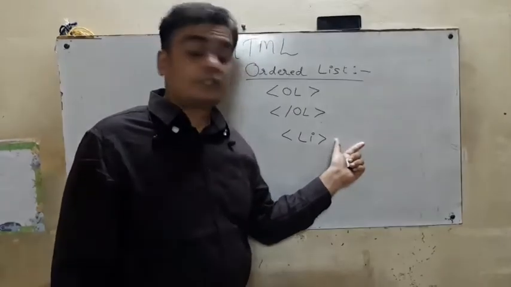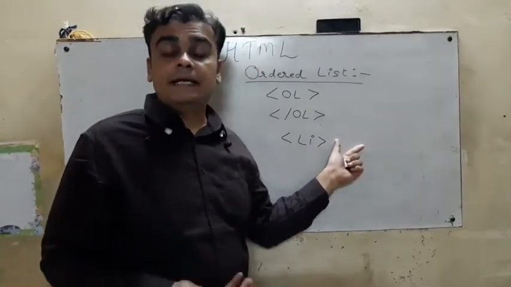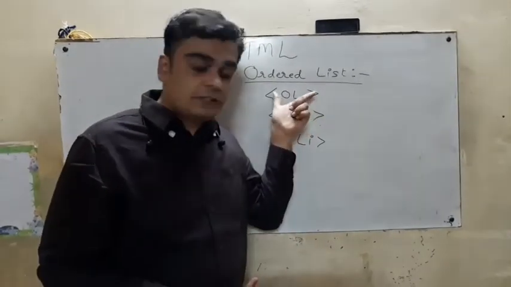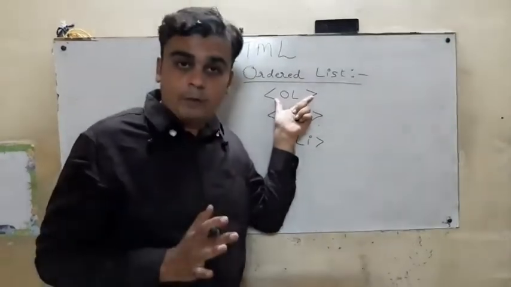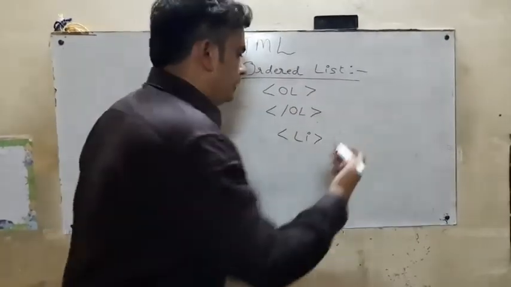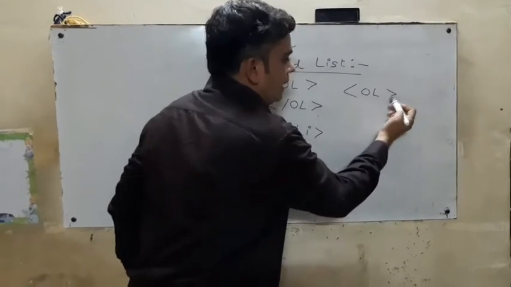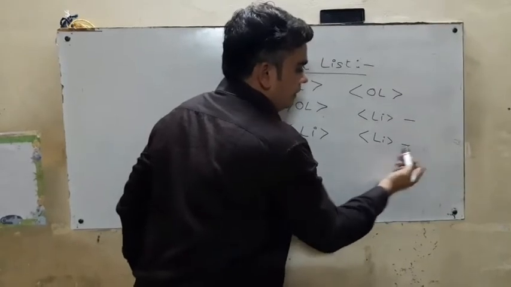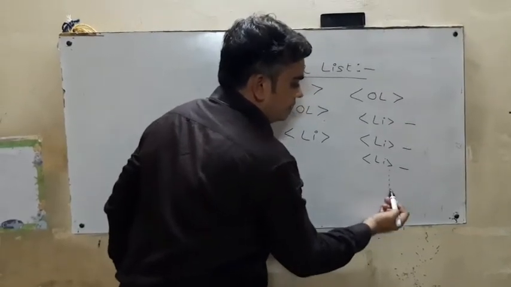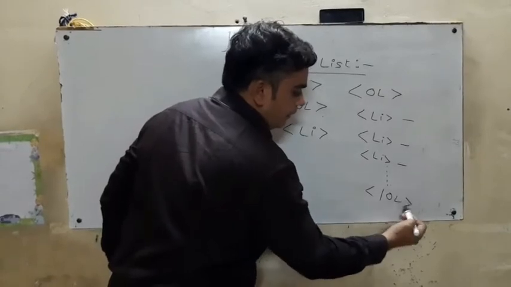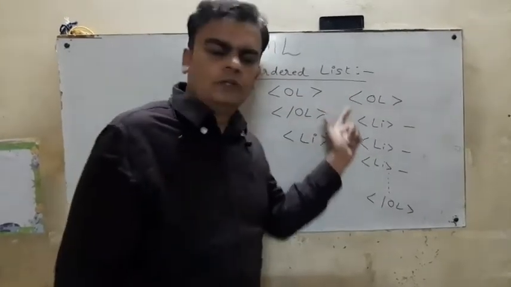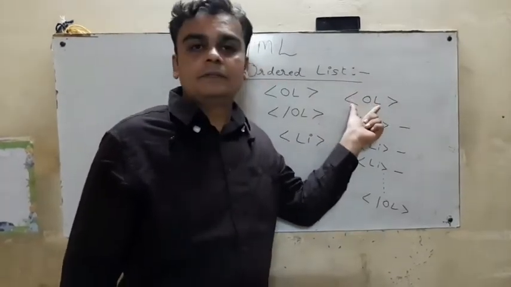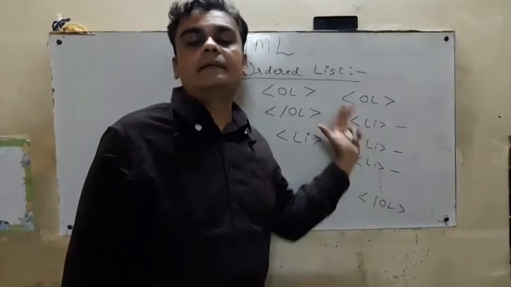So now my question is, how can we represent the elements in ordered list form? Before starting that example, first we are going to write down the general format of this ordered list. Here I am going to write OL, then on the next line I am going to write LI, LI, LI. In this way I can write n number of elements, and finally I am going to write /OL. So this is the syntax, or we can say how to write it. It is the format of an ordered list in HTML.